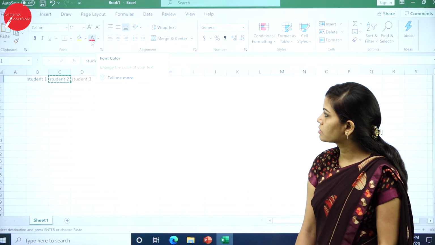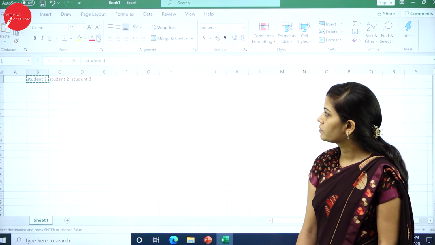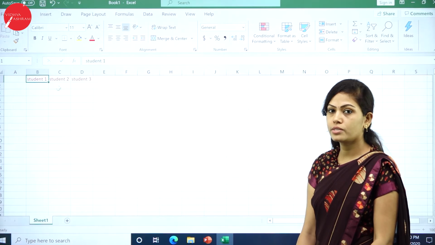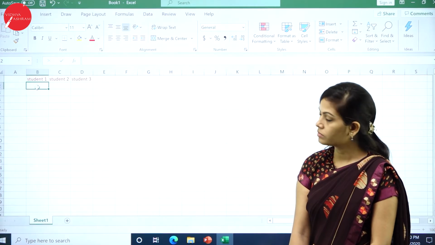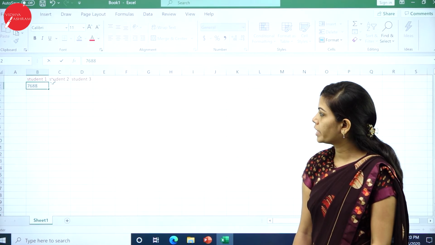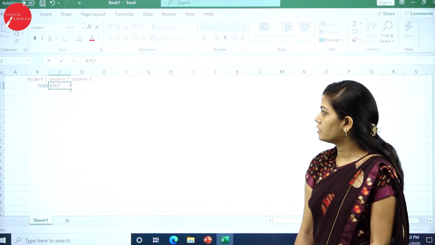I will change this color. And also you can put numbers, student number, anything you can type in an Excel sheet.